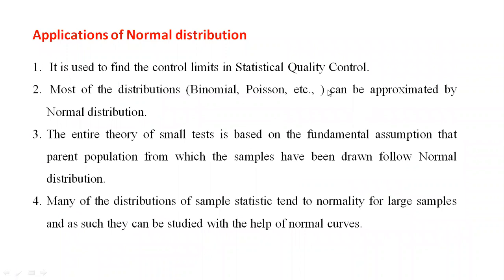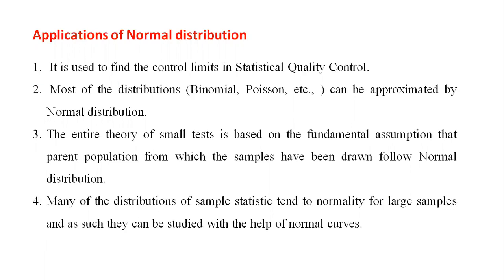Then applications, there is a wide range of applications. It is used for control limits and statistical quality control. So nowadays everyone is doing data science. In data science, the data is in different forms, like different measures, different quantities, and basically one measure is in one field or one attribute. If the data is randomly distributed, then they use it to do normalization. Normalization again comes under the normal distribution, where they make mean equal to 0 and standard deviation equal to 1, and by doing that they normalize the data.